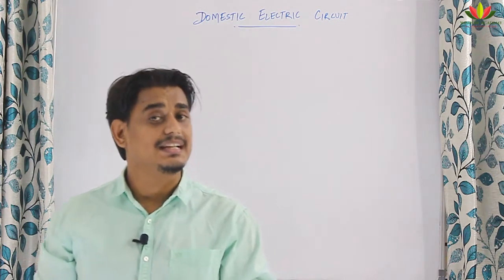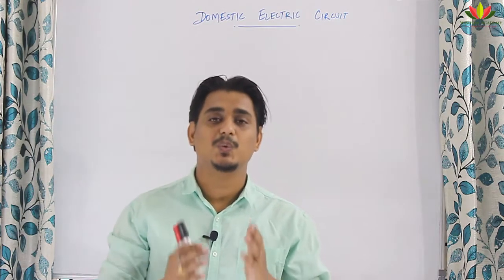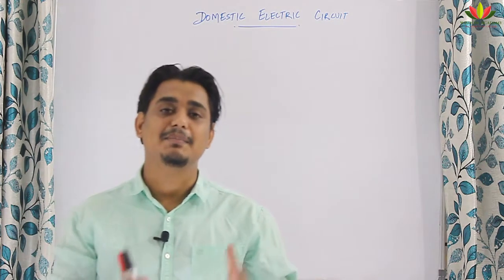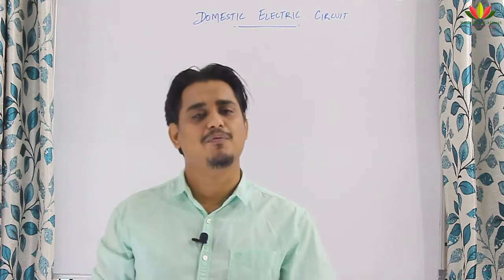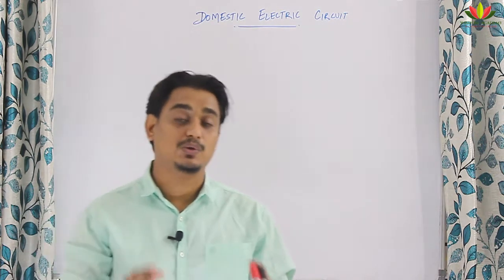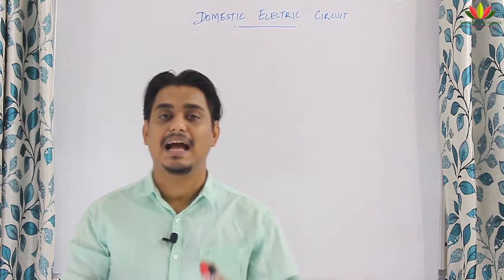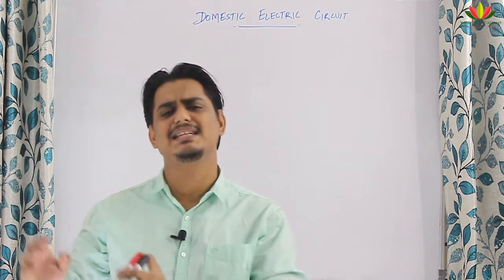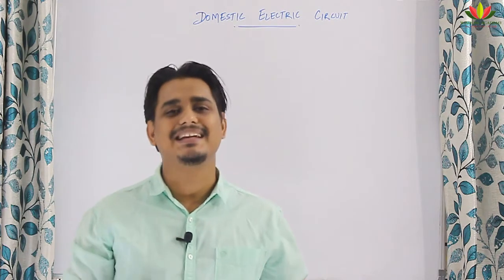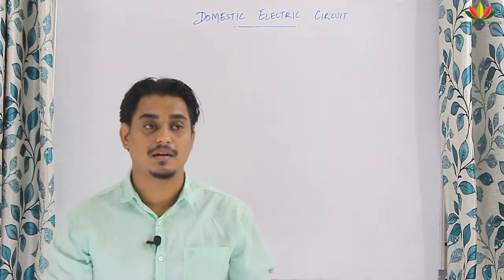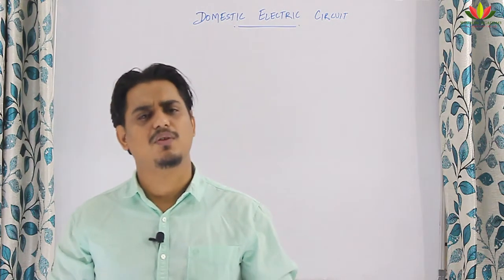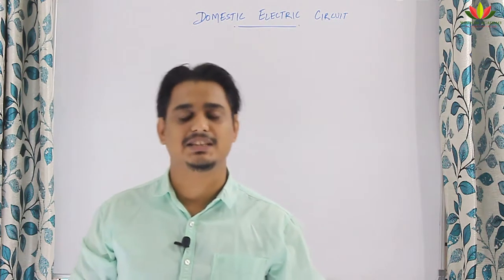What is generator? Generator is an electric device which is used to convert the mechanical energy into electrical energy, and it works on the principle of electromagnetic induction. I also told you how to convert an AC generator into DC generator by using a split ring type commutator. So if you have seen the video and you have made your own notes, you would have got a confidence over electromagnetic induction and generator.